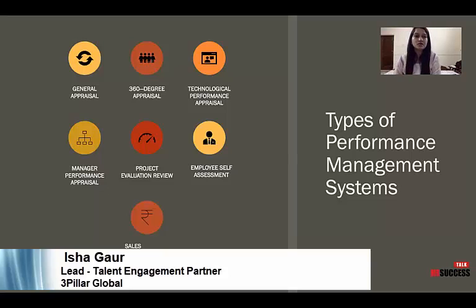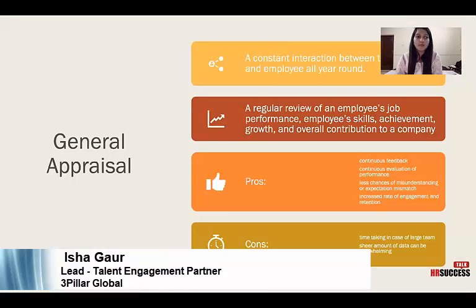very commonly used performance management system, and it is used by many organizations. So basically, under this system, there is a constant interaction between the manager and the employee all year round. It includes regular reviews of an employee's job performance, skills, achievements, growth, and overall contribution to the company. So basically, when we talk about the pros and cons of this method, there are certain pros,